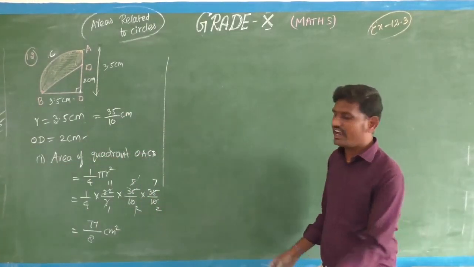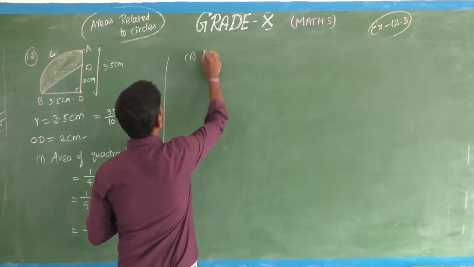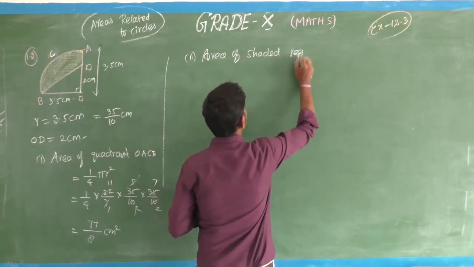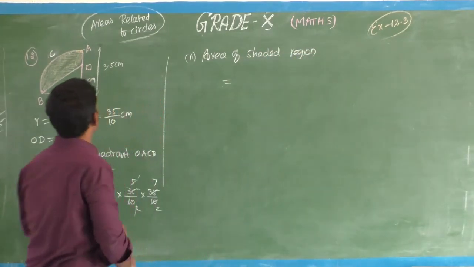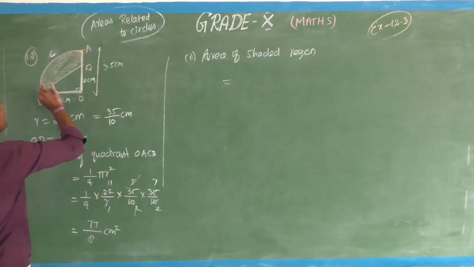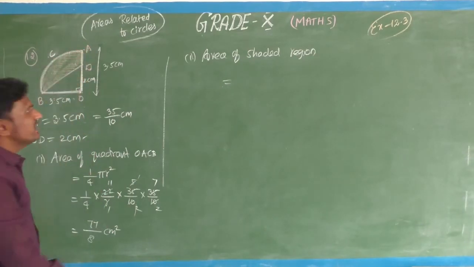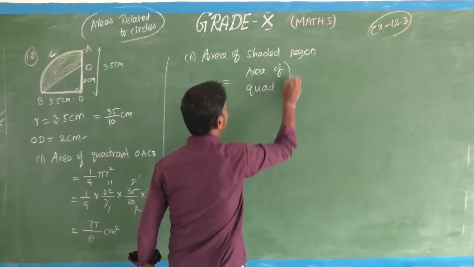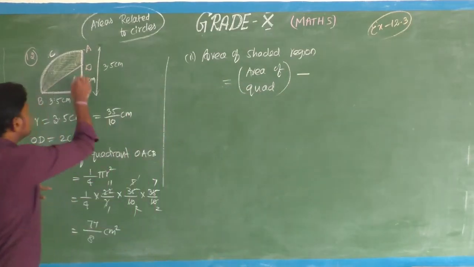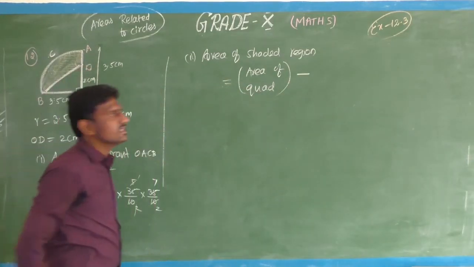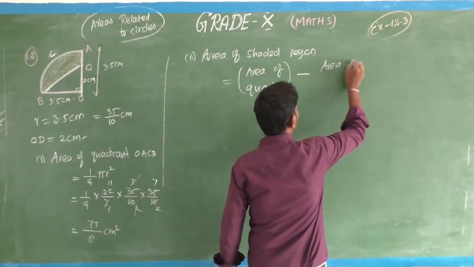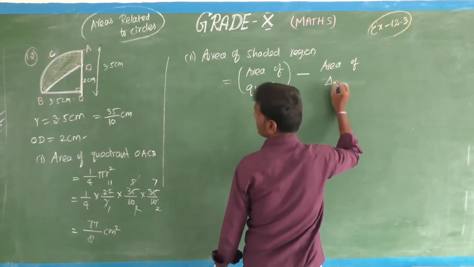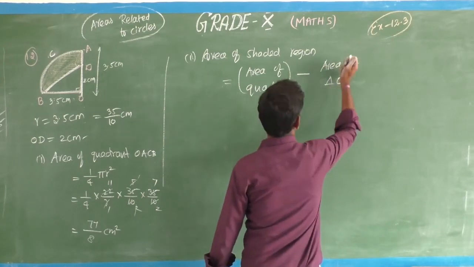And the second subdivision is, we are going to find the area of the shaded region. So for that, area of the shaded region, you have the C. This is one quadrant. So for that take the full area of the quadrant, area of quadrant minus this triangle. This triangle. So that is the area of triangle OBD.